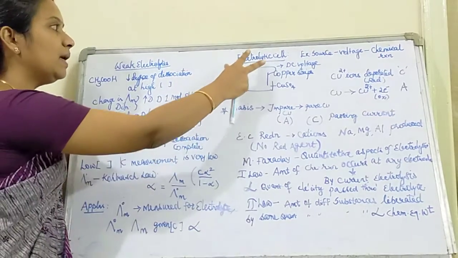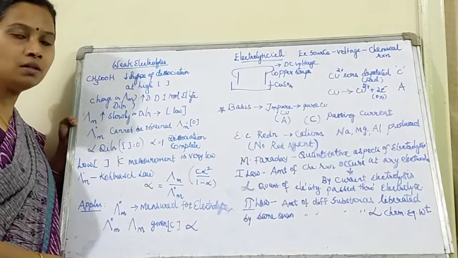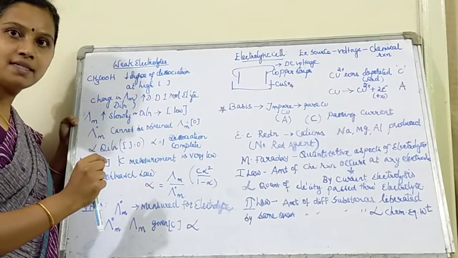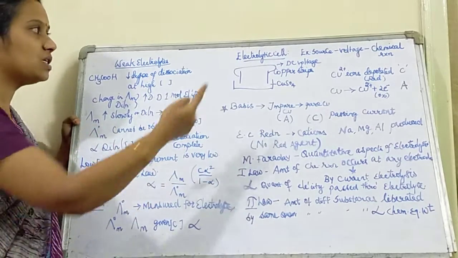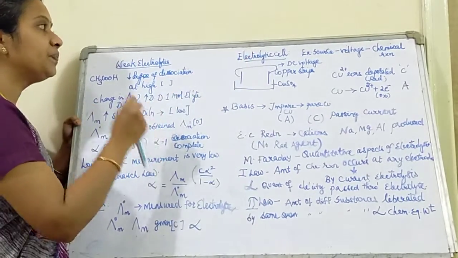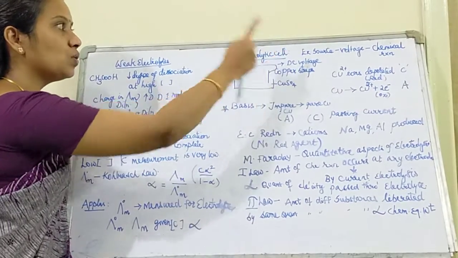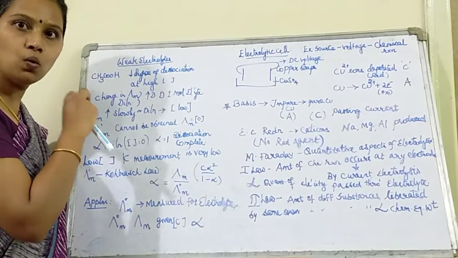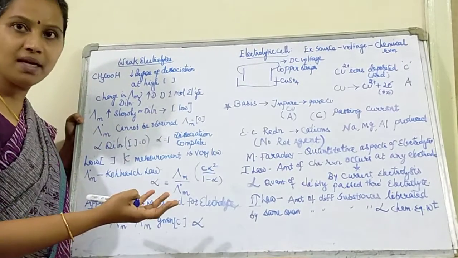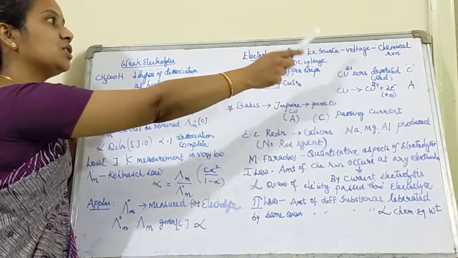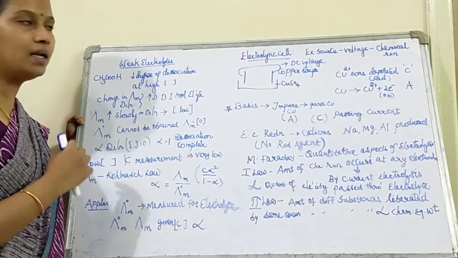Next I am moving to the electrolytic cell. We have already seen the definition of an electrolytic cell in the beginning of the session. Any cell which converts electrical energy to chemical energy is called an electrolytic cell. In an electrolytic cell, I will be supplying an external source, that is, voltage. When I give voltage, electrical energy is converted to chemical energy. This has a lot of industrial and laboratory applications.